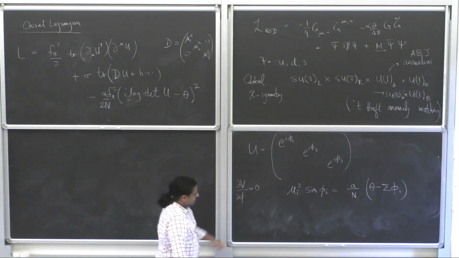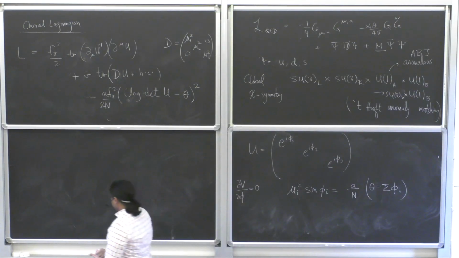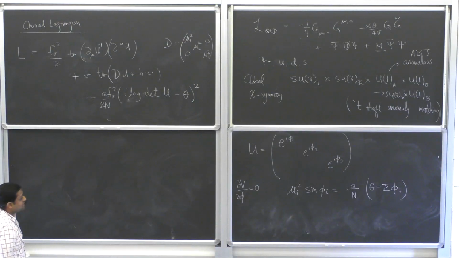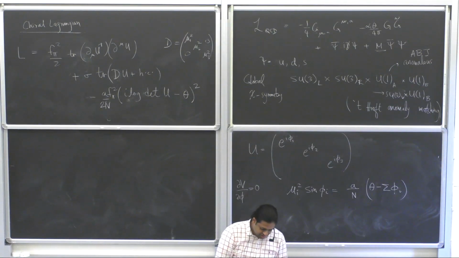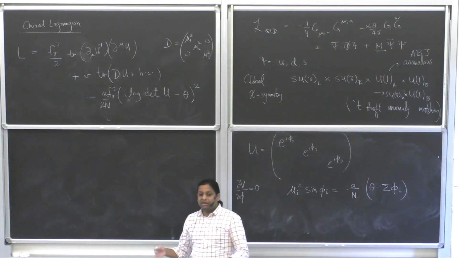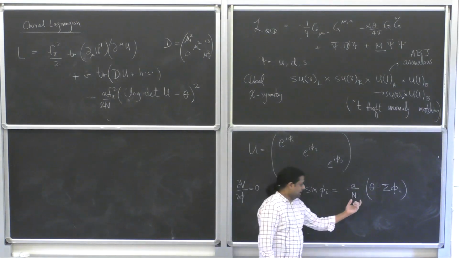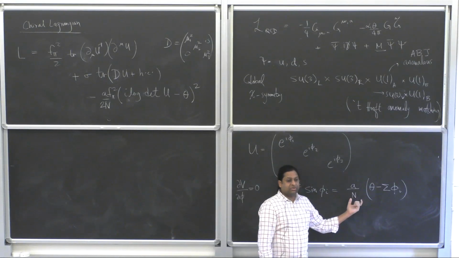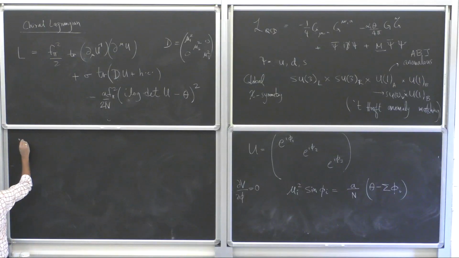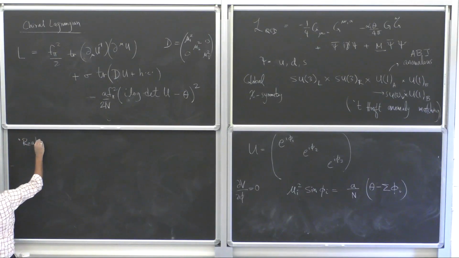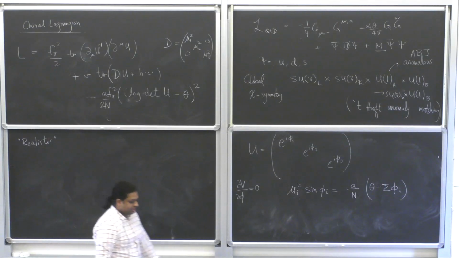So in general, we could go ahead and try and solve this. This is a rather complicated equation. It doesn't really have analytical solutions in general, but we can solve it in certain limits. And we're going to do a couple of limits. One is a semi-realistic limit where we treat A over n as much larger than the mass term. So the limit where the eta prime is the largest. You could call it the realistic limit, where we take this hierarchy where